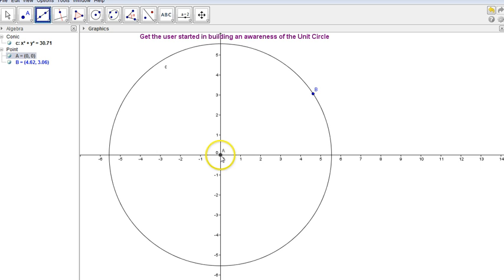I would like to build the X and Y axis with a line attached to the X and Y axis. So I'm going to put my line through the origin, and then I'm going to place another point on that line that's on the X axis. So I wait until this pop-up box appears. It tells me that I'm on the X axis. So this line, no matter how I drag the points around, can't be off the x-axis, and that's what I'm looking for, because I'd like this perpendicular